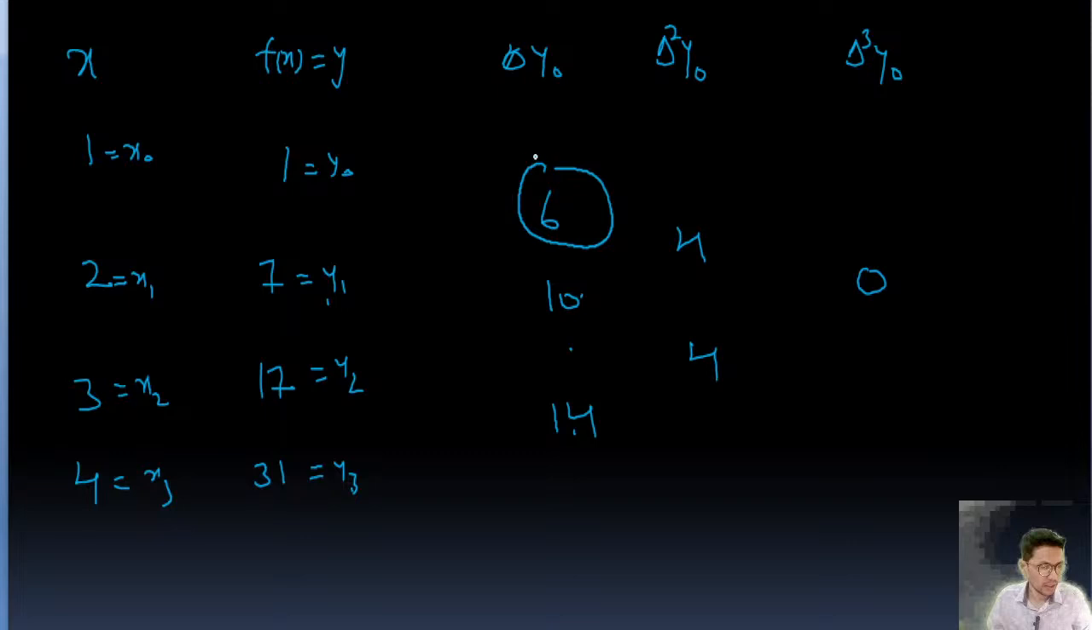We'll take this value as delta y naught, this value as delta square y naught, and this value as delta cube y naught. Now we'll put the values in the formula. The formula is by Newton's forward interpolation method: y equals y naught plus u into delta y naught